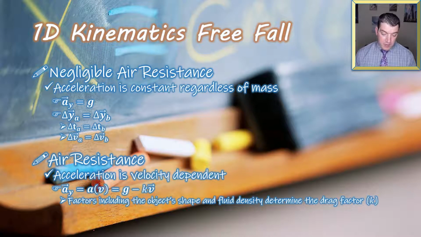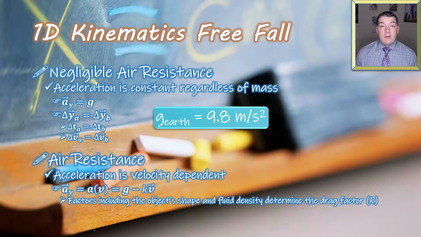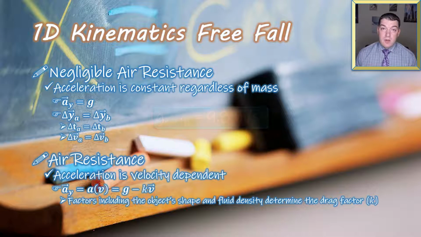As was mentioned, free fall really is just a special circumstance of one-dimensional motion. And what's convenient about free fall problems is that the acceleration is generally known, either because we're in an instance where air resistance is negligible and the acceleration is acceleration due to gravity based on the gravitational field that you're located inside of. On Earth, that acceleration is 9.8 meters per second squared towards Earth. We're just going to use the general term lowercase g, which could be the acceleration due to gravity on the Moon or Mars or someplace other than Earth, although many problems will be on Earth where g is a known